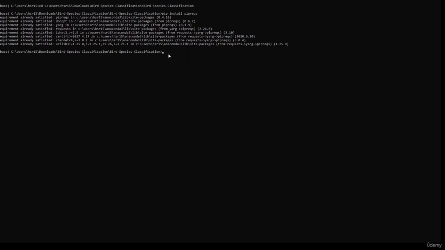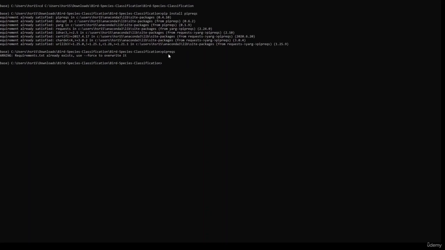Now we will create our requirements.txt file. For that, we need to run the command pipreqs. As soon as we run this command, it will scan all the files that we have stored in this particular folder and check the dependencies, what all libraries we used and what their versions are, and create a file which contains those libraries and versions. Here you can see it is showing me a warning as I have already created it, but on your system it will not show a warning like this.